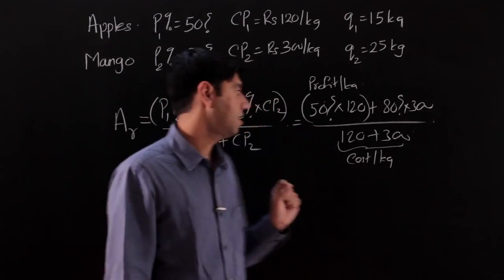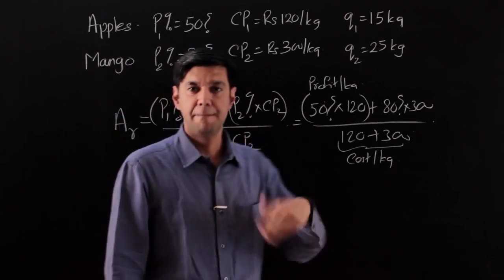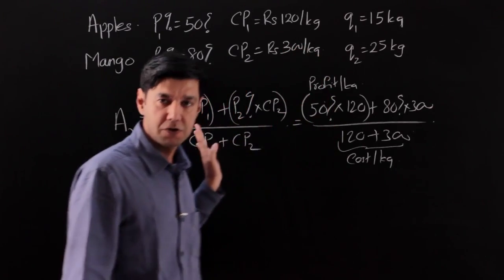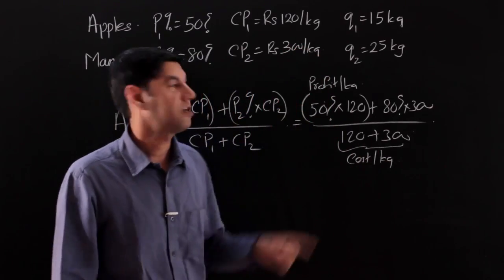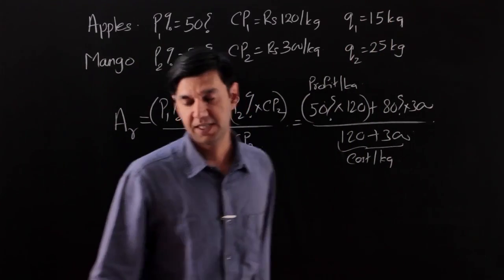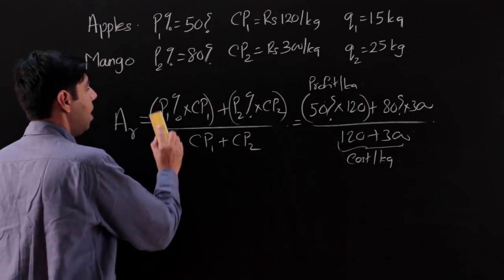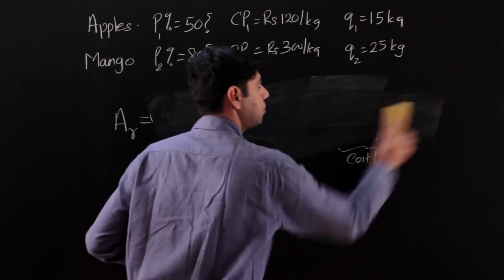Here I would like you to draw the distinction that cost price refers to per unit, that is per kg. So while this is a value, this is not the answer to our question because the quantities are different. So what other error could I have made? Since there are quantities also involved here,